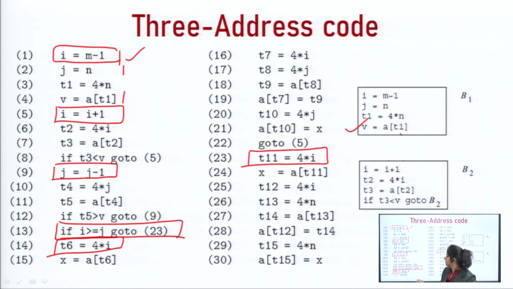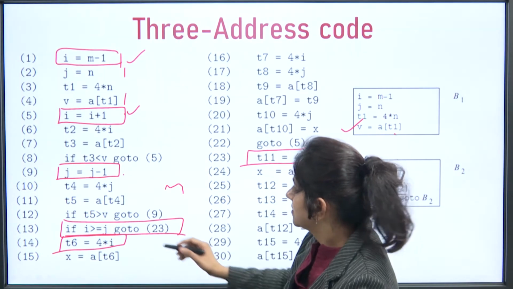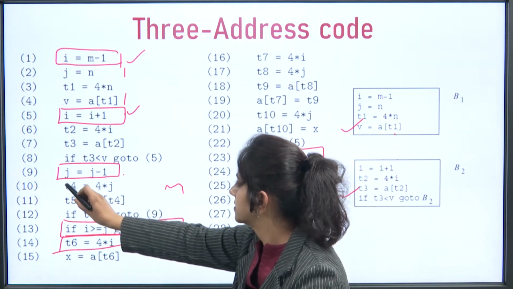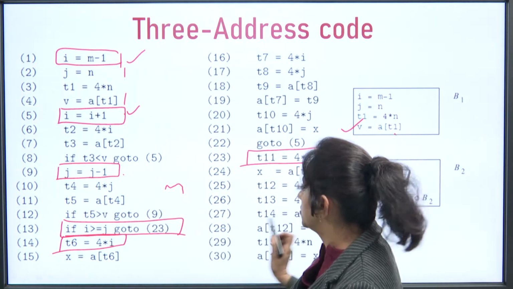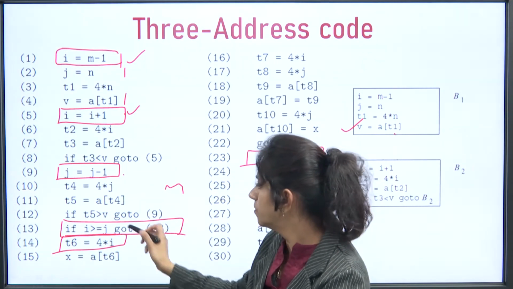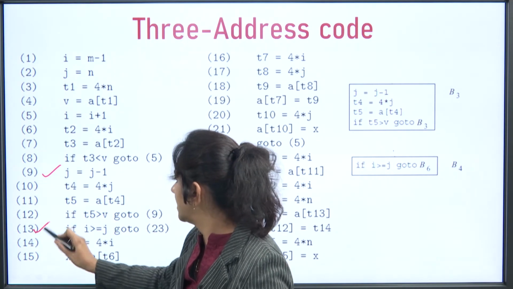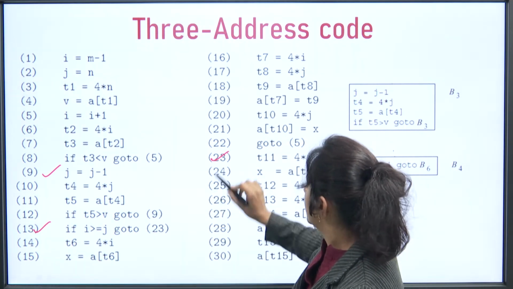Now, next is block 2. So, this will have leader 2 and all instructions after it till we reach this one. So, this will be I is equal to I plus 1, this all will be kept in block 2. Now, next leader we can say this is at B1, B2. Now, this will start from 9, right, 9 to 12 we can say. So, this is our leader and this is again a leader and this is again a leader, alright.